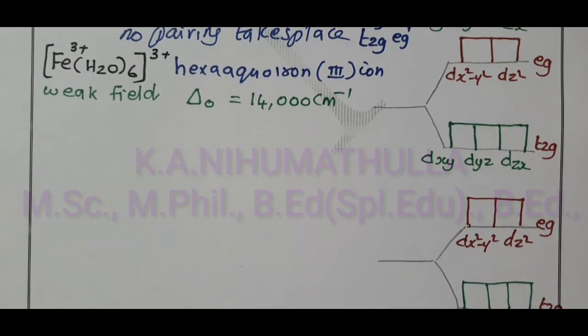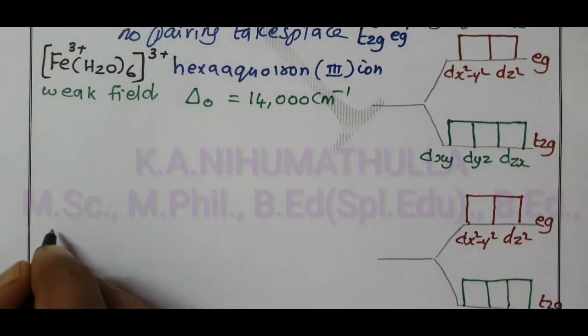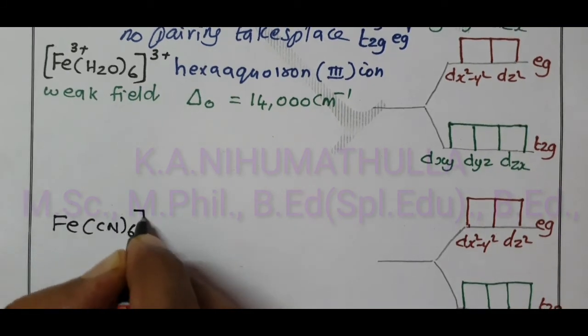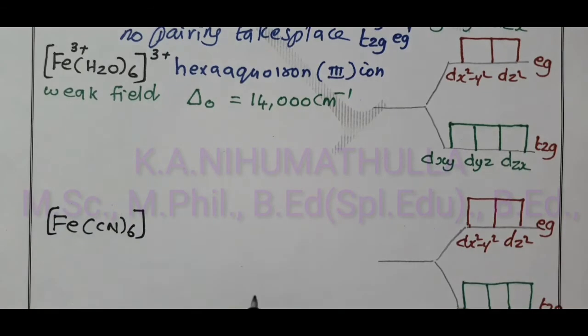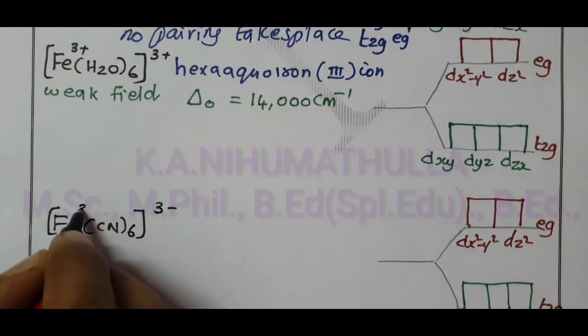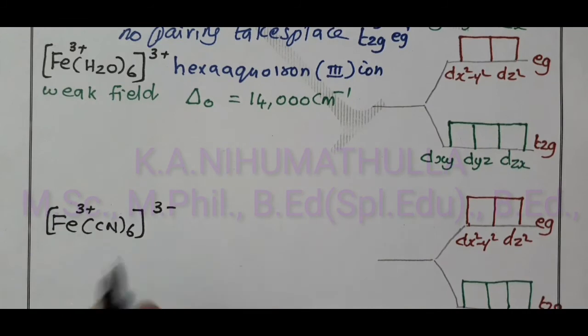And take another example of Fe, CN6: [Fe(CN)6] 3 minus ion. Same Fe 3 plus ion. The IUPAC name of this complex is